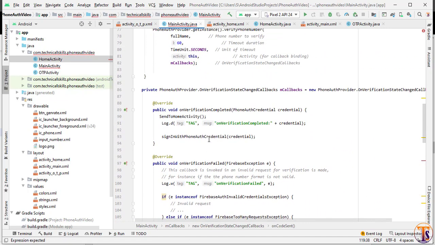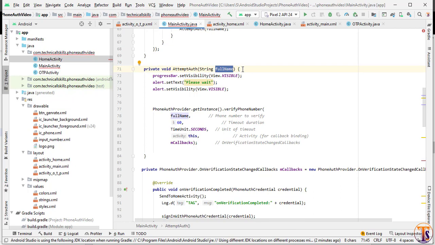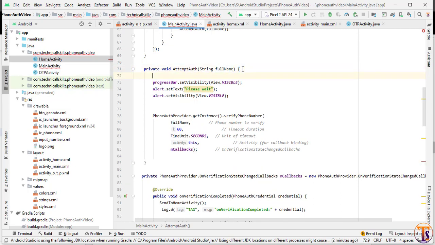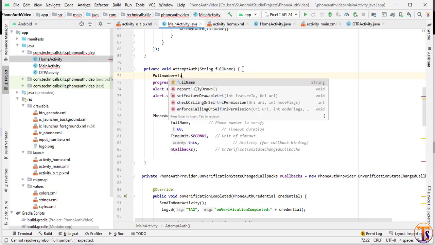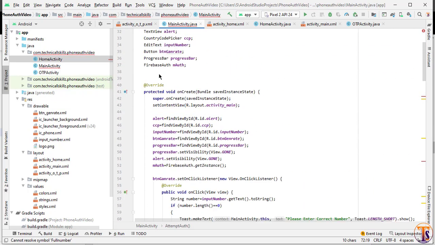Here we need to create a variable as a global. We have fullNumber, so we need to create fullNumber, and here we need to pass fullNumber, and we need to create this number as a global variable.